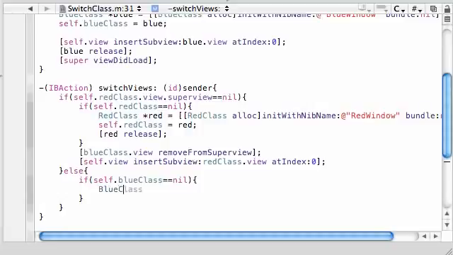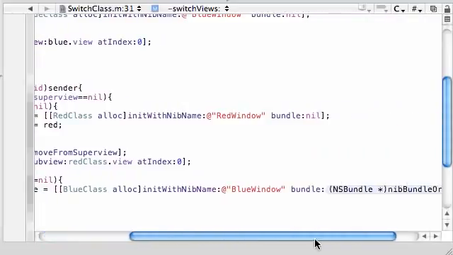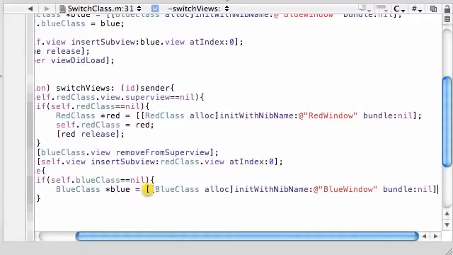So blue plus, we'll get practicing creating objects. How cool is that? Name your object blue again. It can be the same as before. And of course, this is going to be an object from the blue class. Allocate some space for it, and you know that init with nib name tab, and of course the nib name is blue window.xib, but don't include the xib, and bundle, set this equal to nil, but put that outside